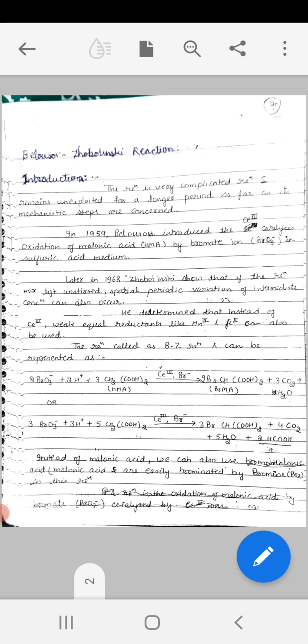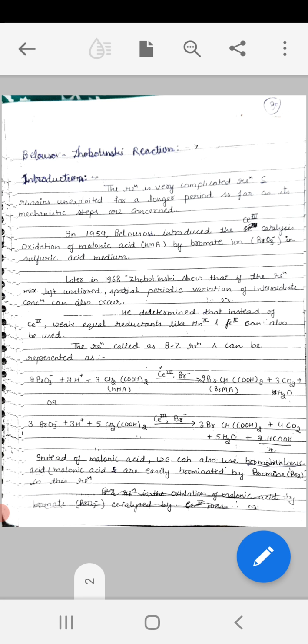Later, in 1968, Zhabotinsky showed that if the reaction mixture is left unstirred, spatial periodic variations of intermediate concentration can also occur. He determined that instead of cerium-3, weak reductants like Mn2+ and iron-2 can also be used. The reaction is called the BZ reaction and can be represented as